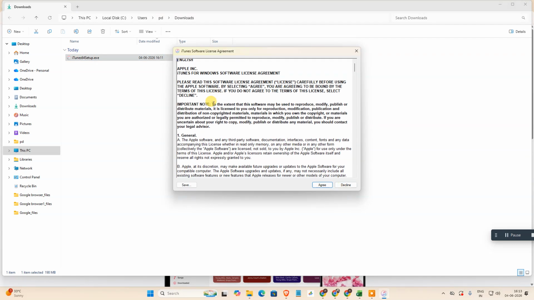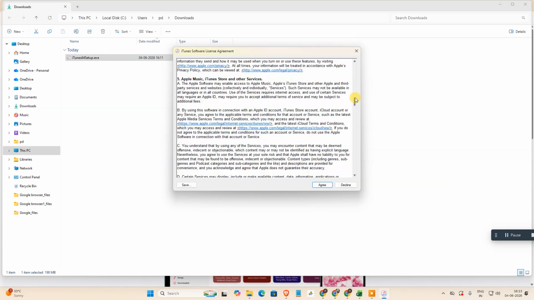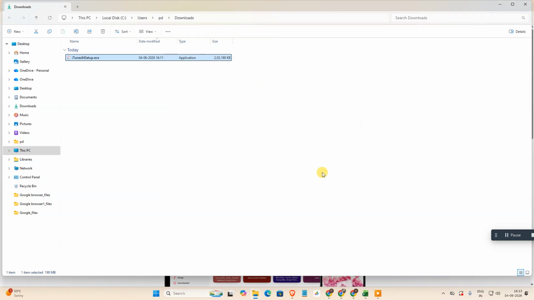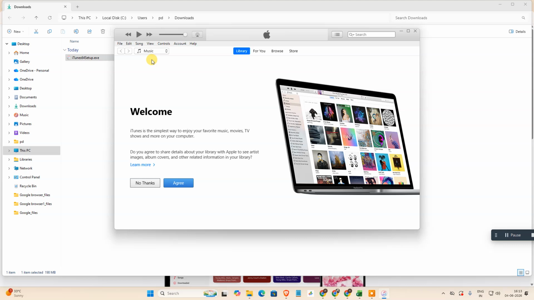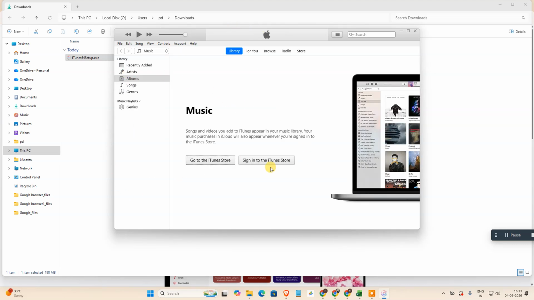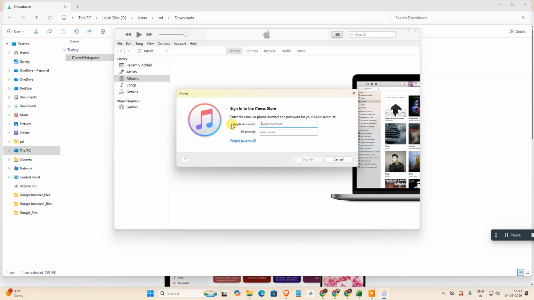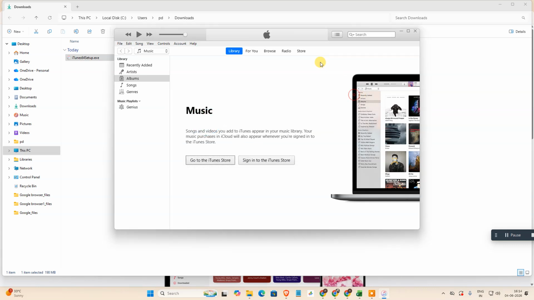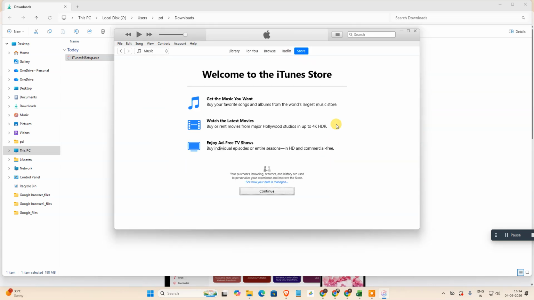So your program will start, and you can see the agreement. You need to just agree to all the iTunes rules and regulations whatever is here. And here you need to sign into the iTunes Store with your Apple account and password, and just sign in. After signing in, you need to go into the store, and you will have all the